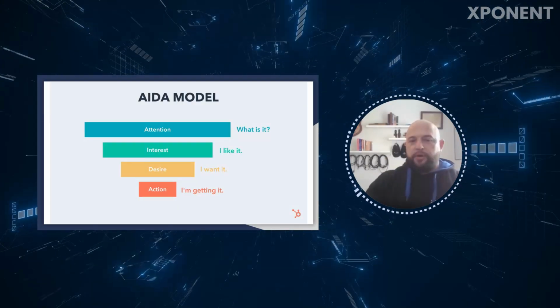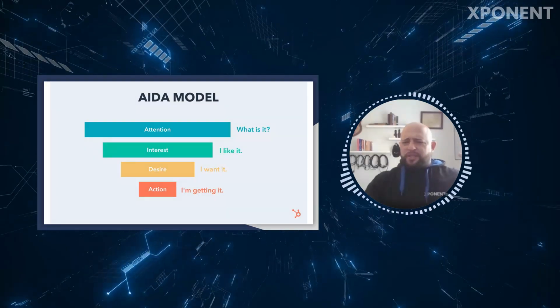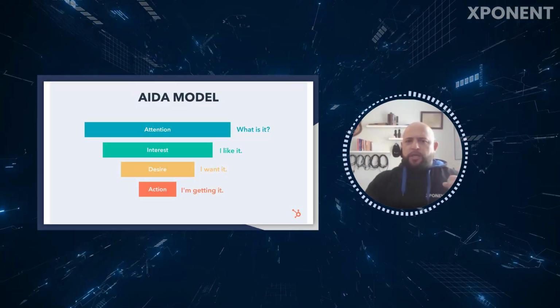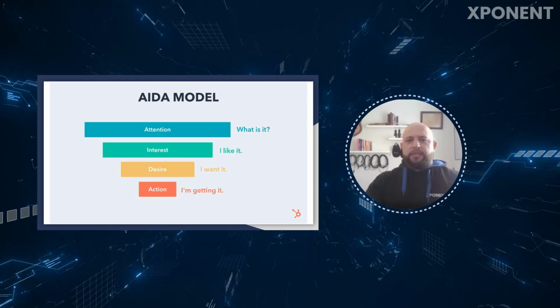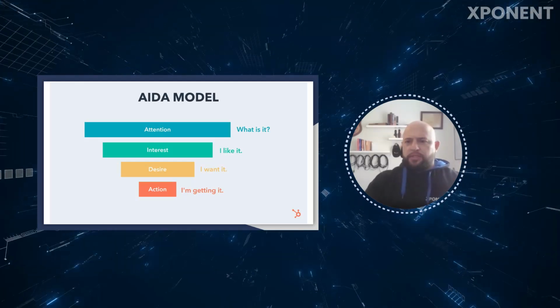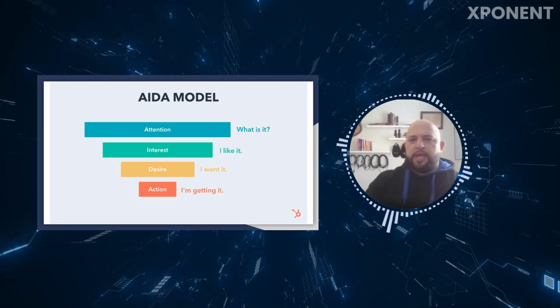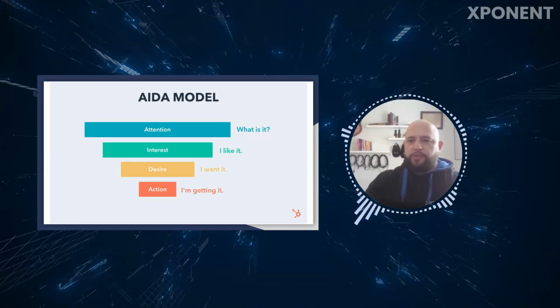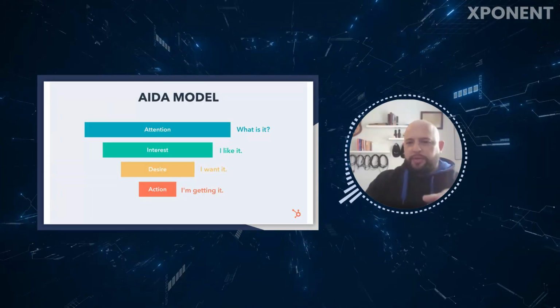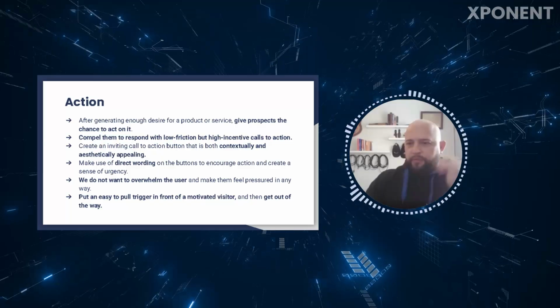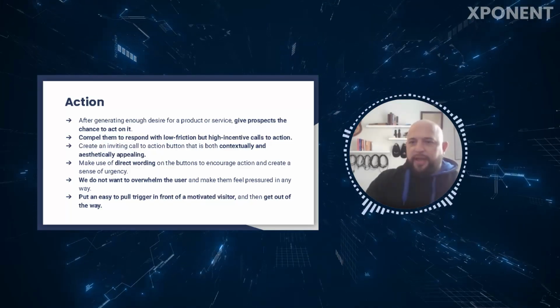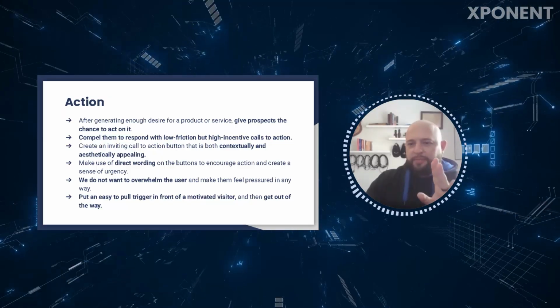So let's go here. Remember, the first goal was, hey, what is this? Right? Just grab their attention. Then, that's quite interesting. I like it. And then desire is, I actually want this. I want to buy this. And then moving over to the next phase, which is, screw it, let's do it. I'm getting this. And my example of how I don't even care if I need to get a bank loan at this point, but I'm going to build this damn stock, right?